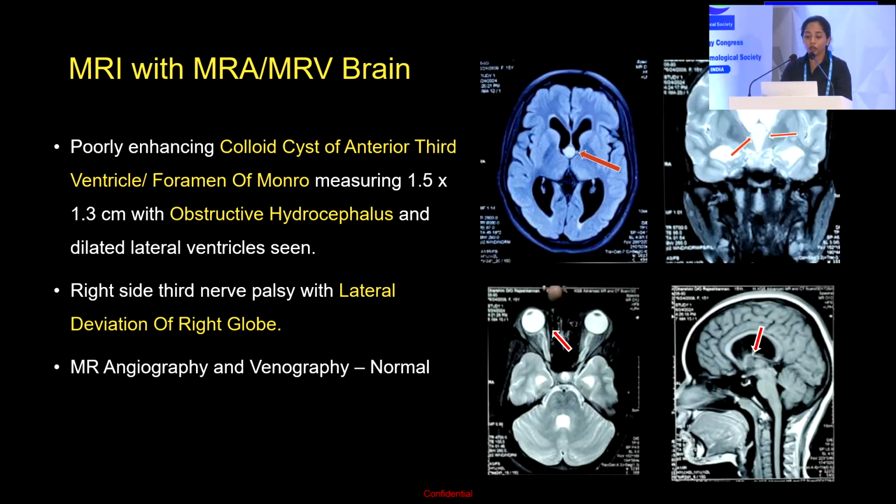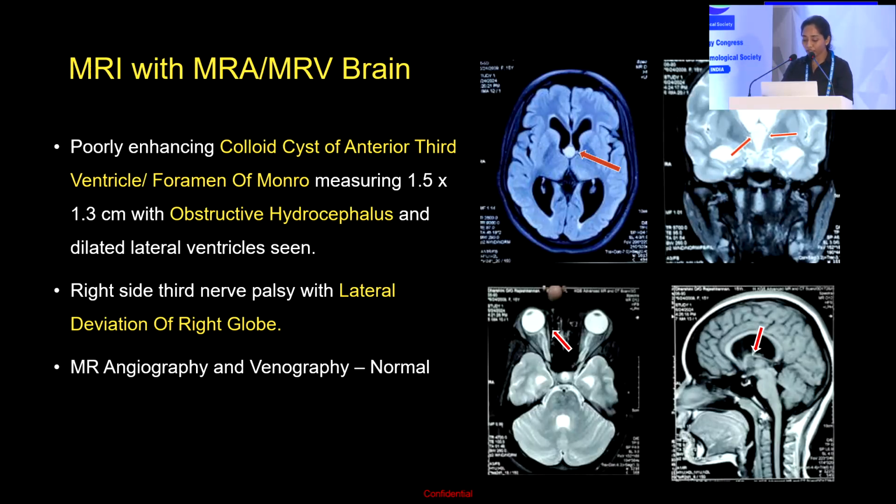brain was advised. MRI showed a poorly enhancing mass at the level of foramen of Monro, which was causing obstruction of CSF flow from the lateral ventricles to the third ventricle, causing dilated lateral ventricles seen in the coronal and sagittal sections, suggestive of colloid cyst with obstructive hydrocephalus. In addition, there was lateral deviation of the right lobe, suggestive of third nerve palsy. There was also a prominent nerve sheath complex and periventricular interstitial edema, suggestive of increased